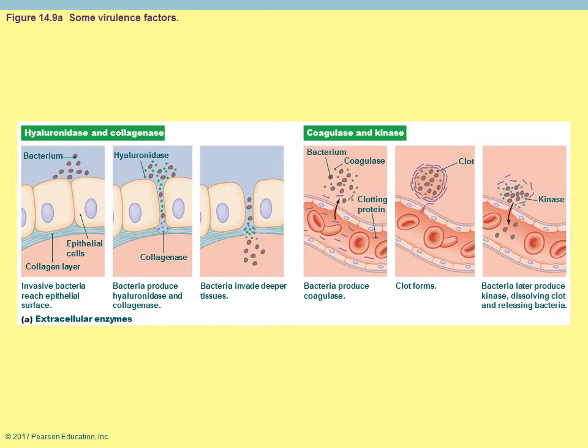So that's very beneficial to the bacteria who can hang out there, who then later produces another enzyme called a kinase that's going to dissolve the clot and now release the bacteria. So it's kind of like a hide and seek game. Sort of like white blood cells, immune cells: Tag, you're it. You got to find me. I'm going to go hide out in the clot. You can't find me. I'm going to wait till you give up and leave. And then I'm going to break down the clot and then continue in my penetration and invasion of your body